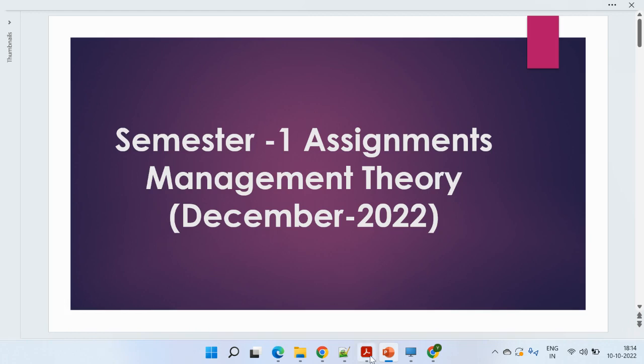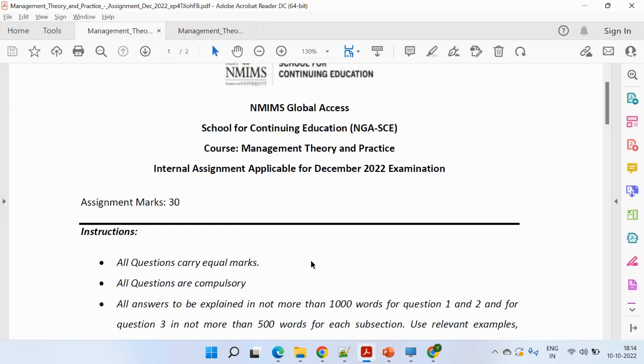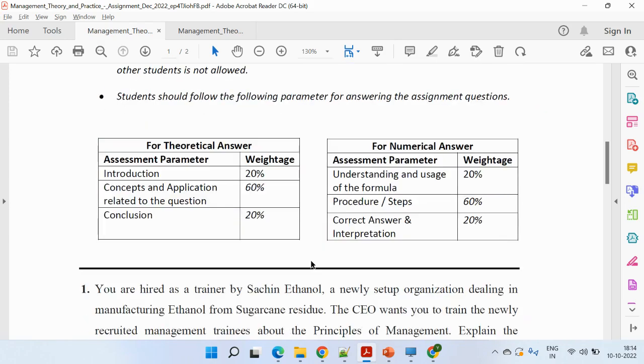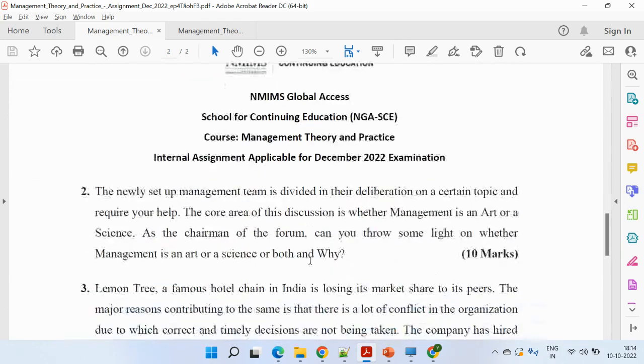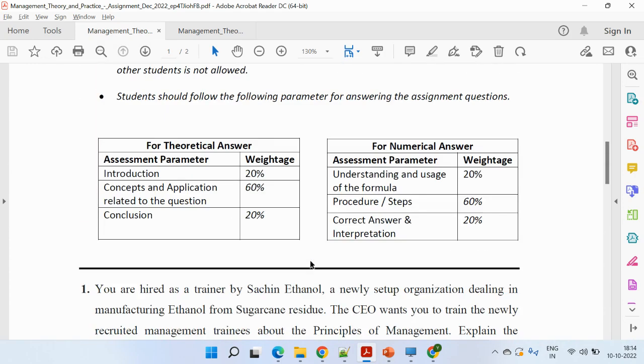So let's start with our assignment. This is the PDF, which has 3 questions: first, second, third, and third B. Each of the first two questions has 10 marks. The third question has 5 marks. For the first and second questions you need to write 1,000 words. In the third question you need to write 500 words. The word count can vary by plus or minus 10%. So if you write around 850 to 900 words, and up to 1100, 1150, then it's totally fine.